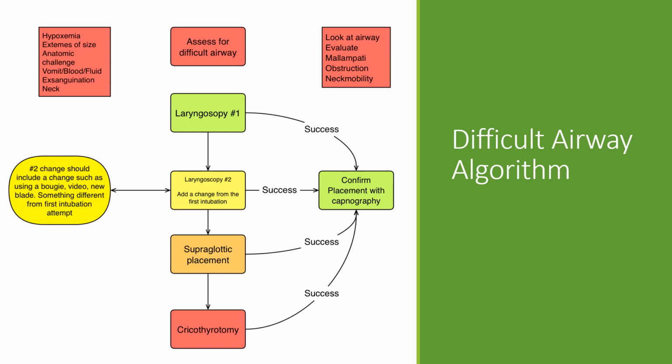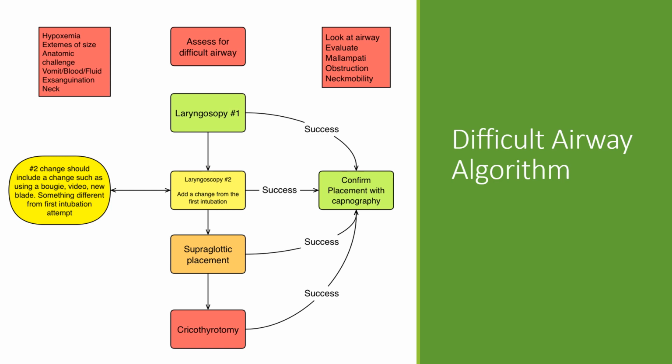So the first thing we're going to look at is the difficult airway algorithm. I've modified this slightly and just made it easier to look at for us. This is nothing crazy. This is the same you'll see in your book or very similar. No big changes. The difficult airway algorithm is more or less the same across the board. Occasionally you'll see a few changes here and there, but this is where we really start looking at what causes,